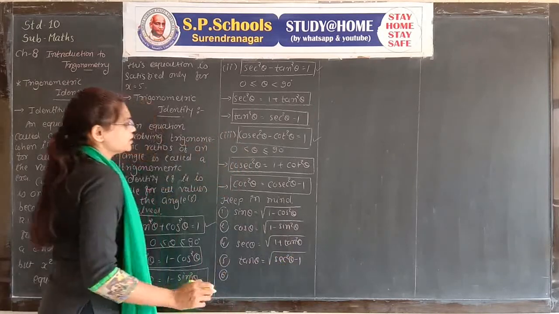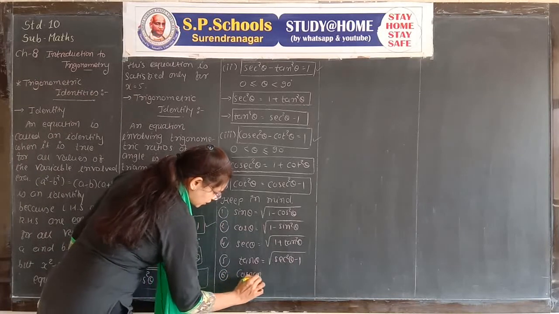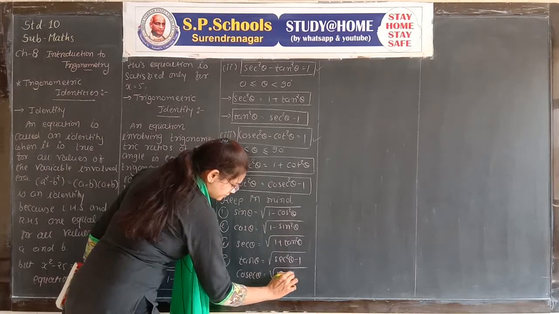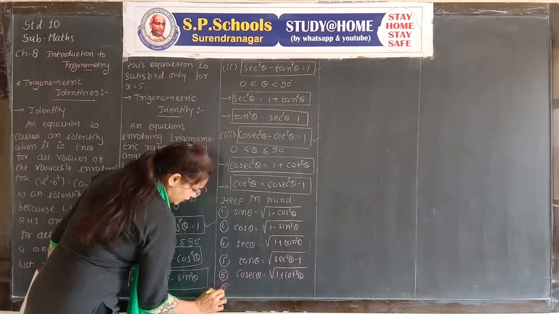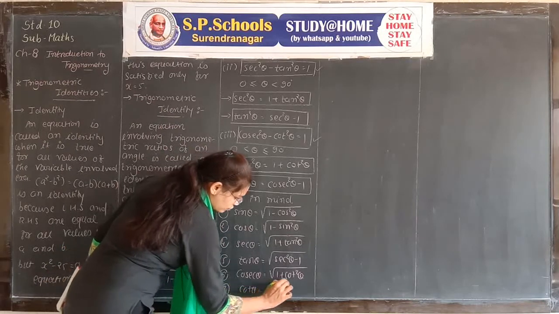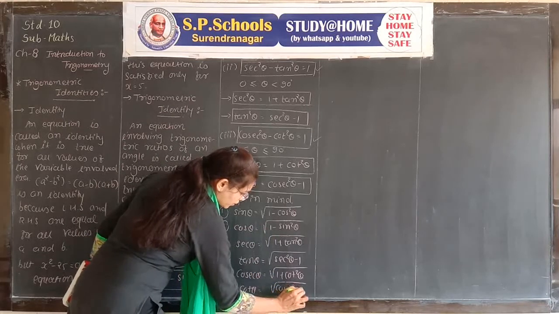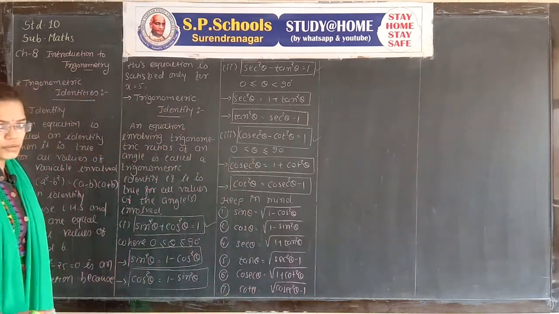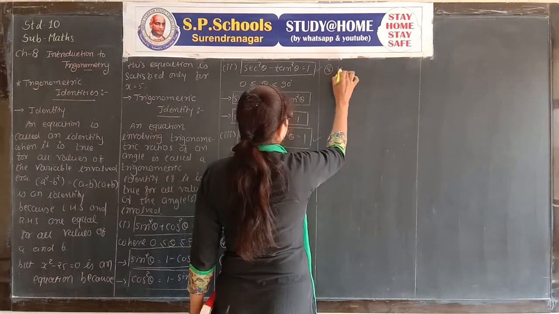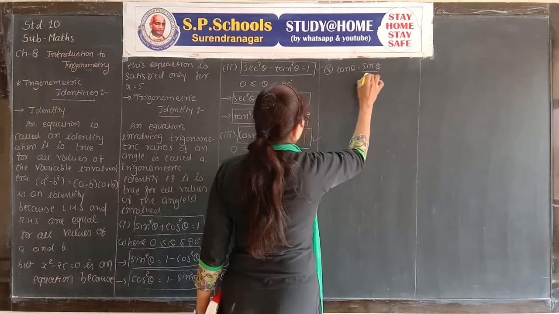Sixth is cosec theta is equal to under root 1 plus cot square theta. And the seventh is cot theta is equal to under root cosec square theta minus 1. Okay. Now the next one: as we know, tan theta is equal to sin theta upon cos theta